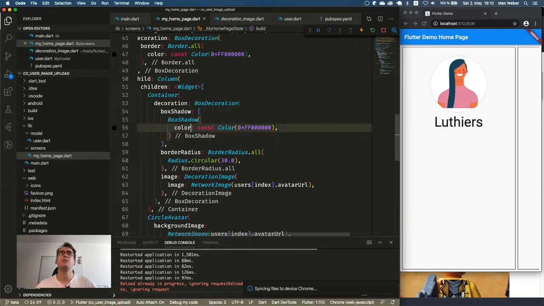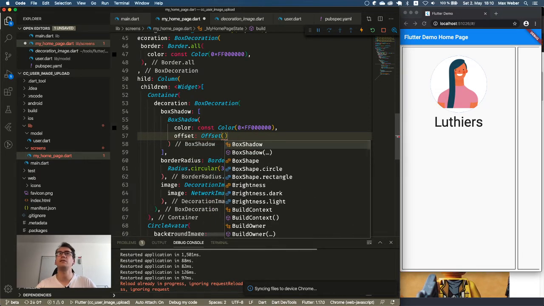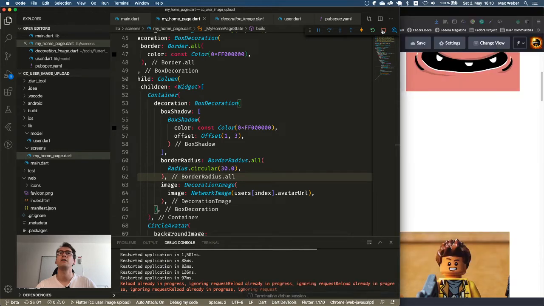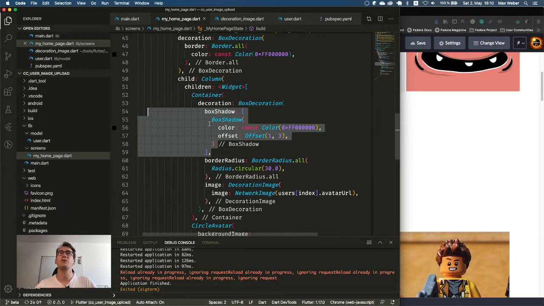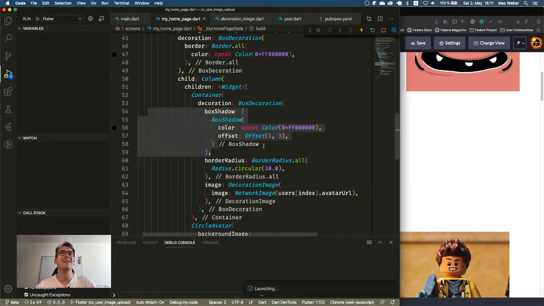And now we also have to add an offset, which is from class Offset, like 1 and 3, something like this. And we have a problem with the builder again. So this was a very quick box shadow, which just gives a little bit more depth to the image.